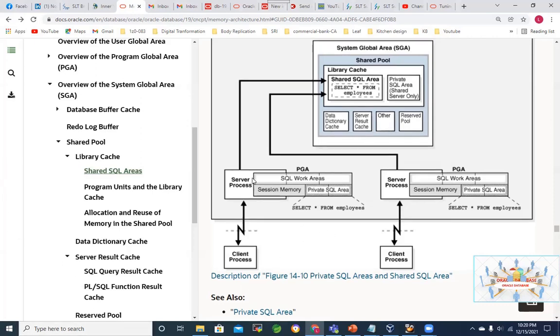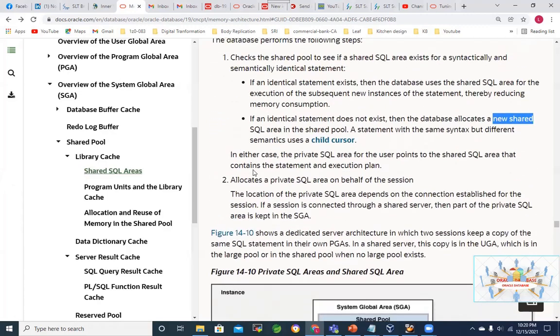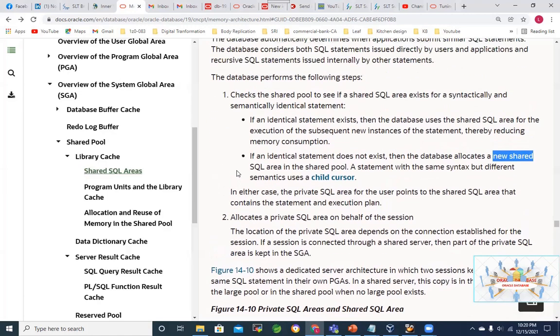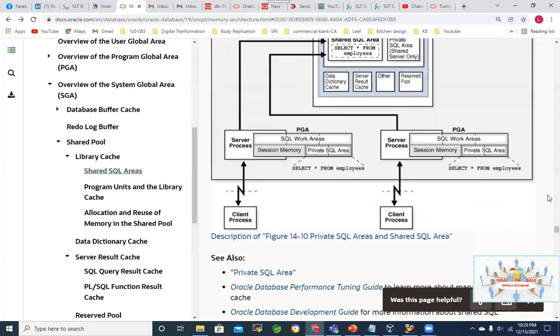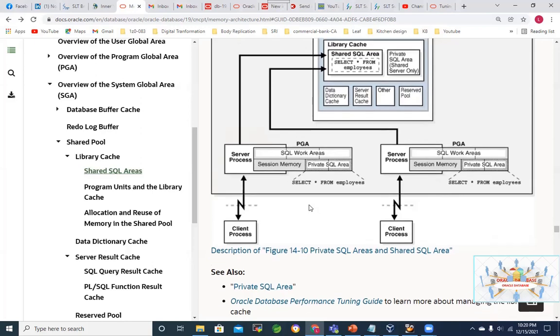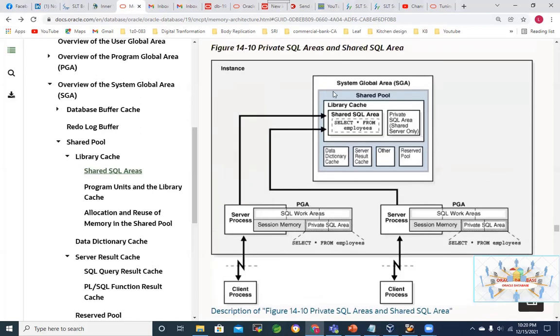But of course, the documentation goes in maybe the opposite way, because what should happen initially is that the statement will be coming from the client side. The user should issue the statement. So initially in a dedicated server environment, this part takes place, and then only it should go here. But it's okay. In the middle of the process, you can come back and explain the opposite way also.